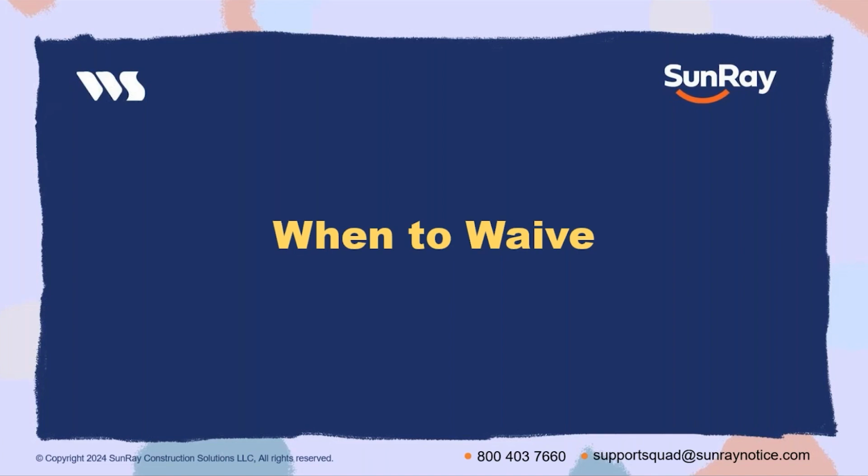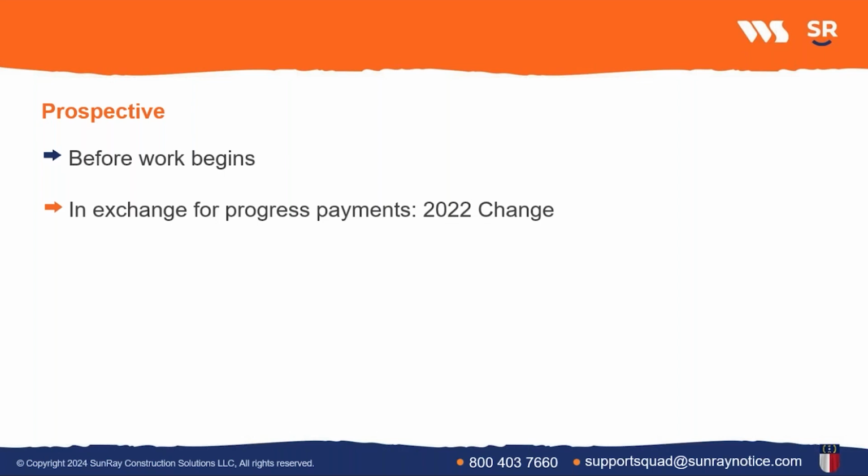Next up, we've got the discussion of the different types of lien waivers, and there's really two types of lien waivers. There's lien waivers for progress payments throughout the course of a project, so progress payment lien waivers, and then there is a final lien waiver at the end of a project when all the work is finished and final payment is made.